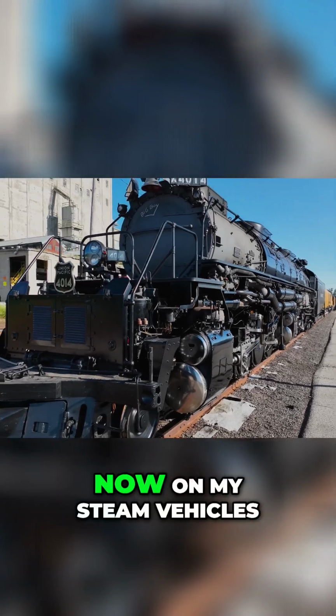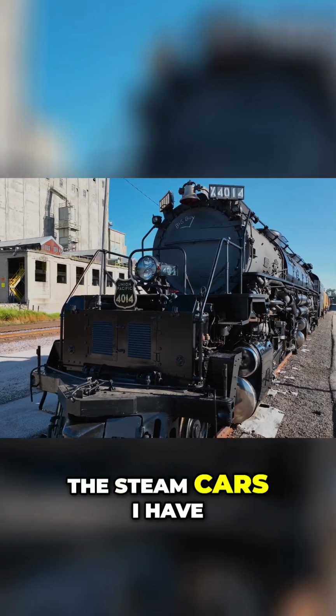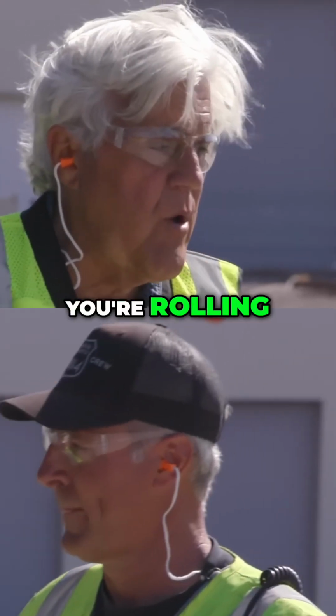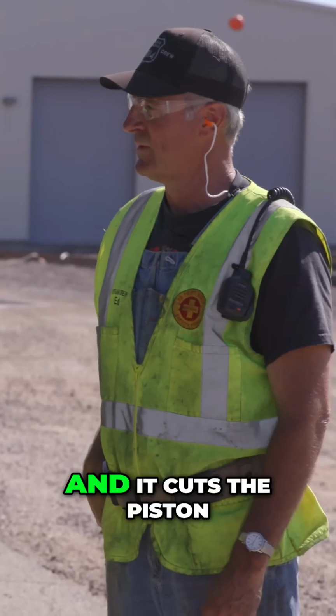Now, on my steam vehicles, the steam cars I have, they have a thing called a hookup. The piston goes back and forth, and once you're rolling, you pull a lever and it cuts the piston